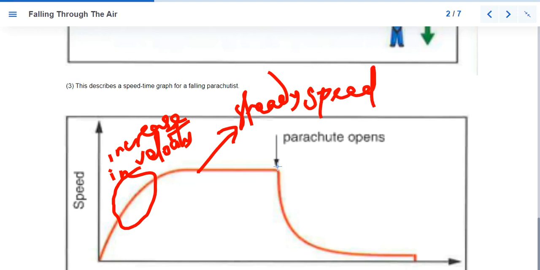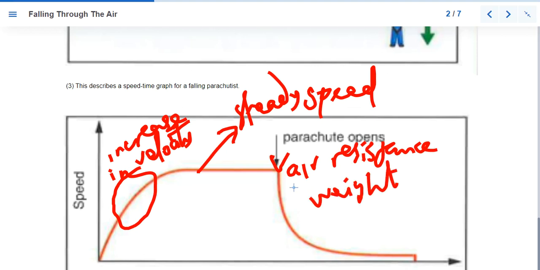While the parachutist is falling, when he opens his parachute, he does what? Loses speed, he has more air resistance now. He has more air resistance than weight. That is why we have this place curved. But by the time the air resistance, let me call that AR, is equal to the weight before it lands, that's why we have this straight line. So we can see about 4 phenomena all happening together from the time the parachutist leaves the